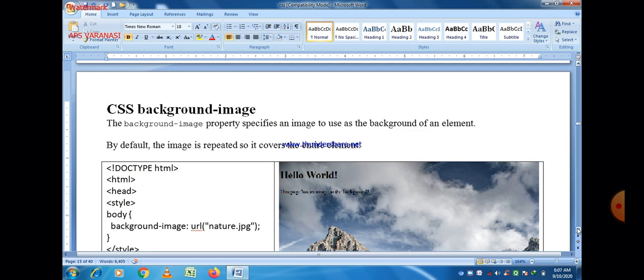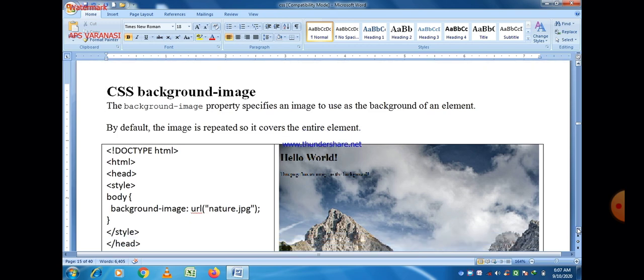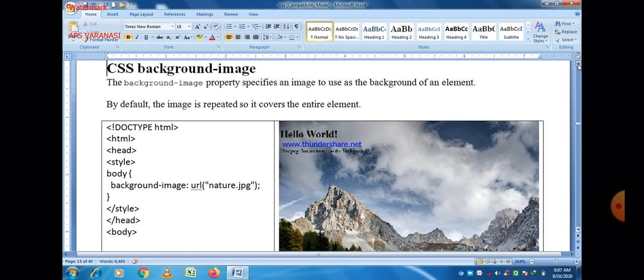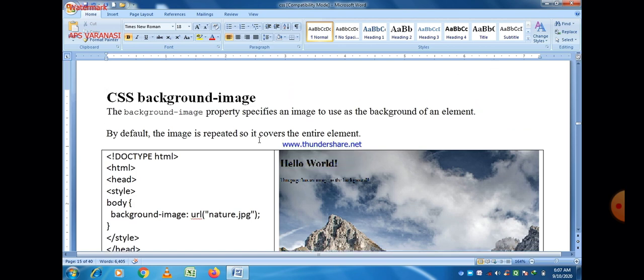Now if you want to put an image as a background of your HTML page, then the CSS background-image property should be used for that purpose. You can see here there is a small program. The background-image property specifies an image to use as the background of an element.